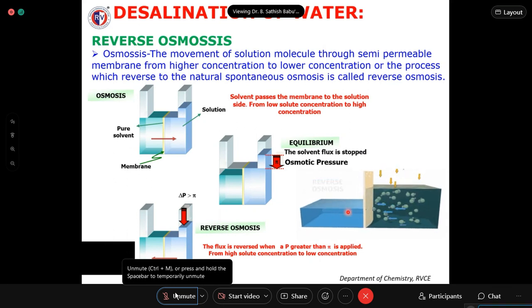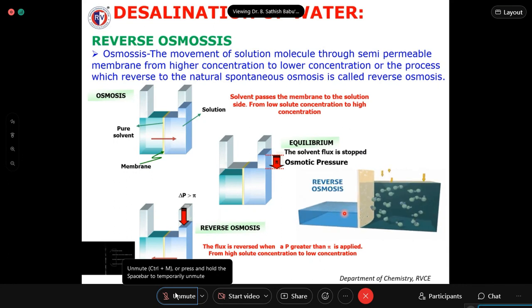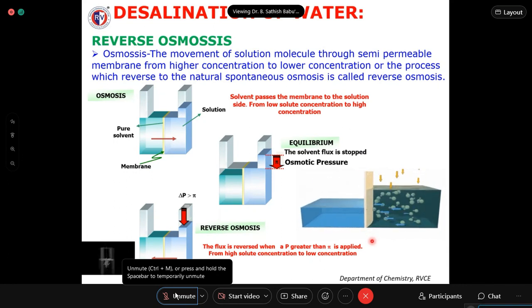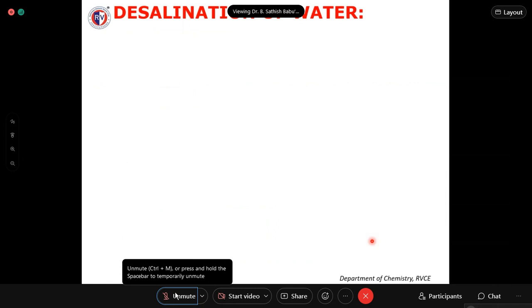In this animation, you can see it here. Now we are using this reverse osmosis process for desalination of water. What do you mean by desalination? Very simple: removal of salt from water. That is called desalination, the removal of salt from water. So usually for desalination of water, we use the reverse osmosis process,